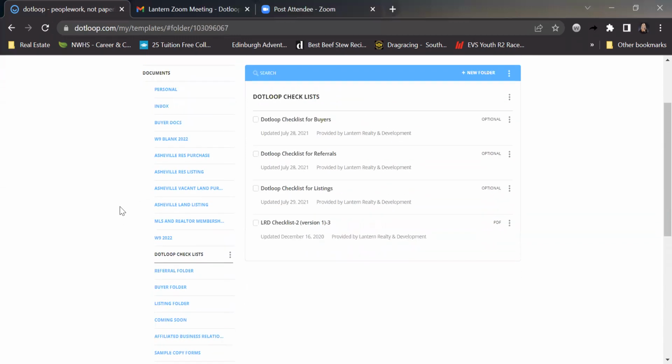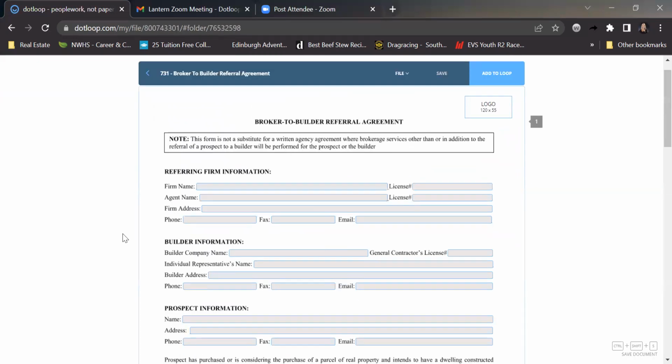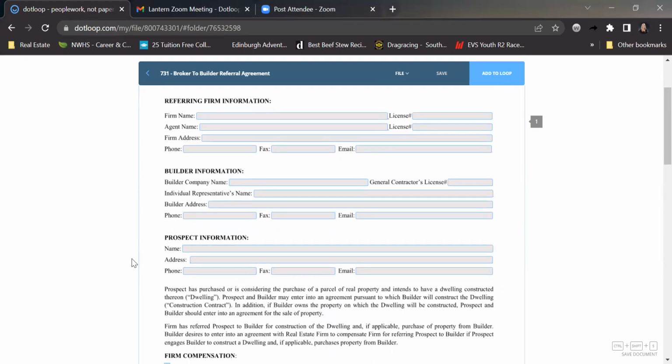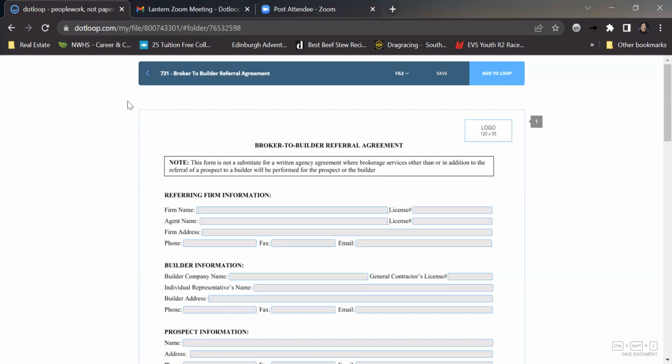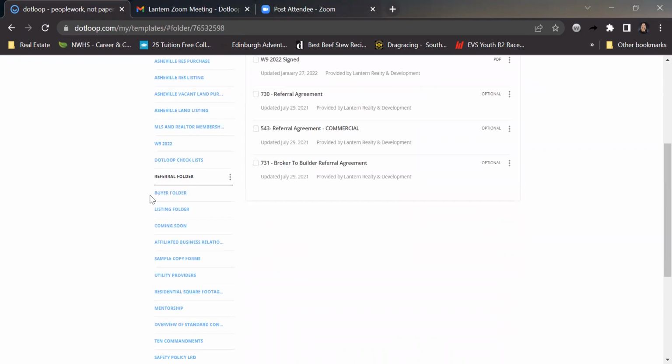We do have Dotloop checklists right here. You see the one for the referrals is in there. You know what? I'm going to roll right back to this referral one. There are different referral agreements. There's one for residential. There's one for commercial. There's also a broker to builder referral agreement, because a lot of people, that's what they're having to do if they can't find a home. They're having one built. Well, there is a referral agreement if you can get the builder to sign that, you know, that might help you get paid, or at least have your backup to where they've said they will pay you. So anyway,